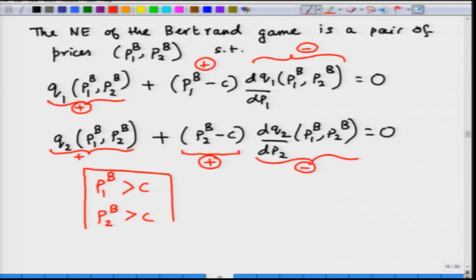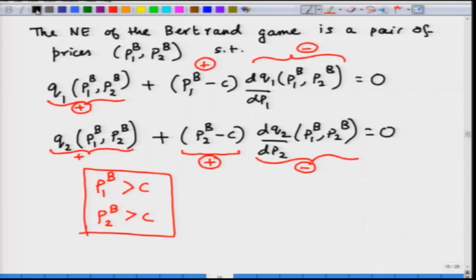Now, notice this is different than the Bertrand equilibrium that we solved in our baseline model, where the Bertrand Nash equilibrium was P1B, P2B exactly equal to the marginal cost, right. So, when products are differentiated, firms realize that they cannot undercut their rival and capture the entire market, right. So, when products are differentiated,